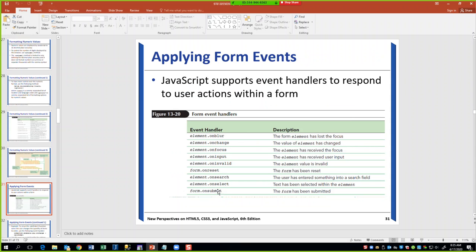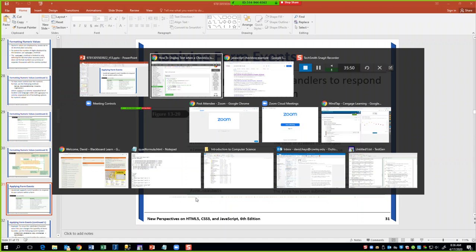Now you can do form events. JavaScript supports event handlers to respond to user actions within a form: element onblur, onchange, onfocus, oninput, oninvalid. Now where we saw this, they're talking about creating your own listener. But